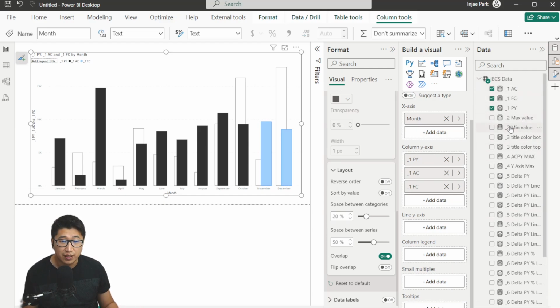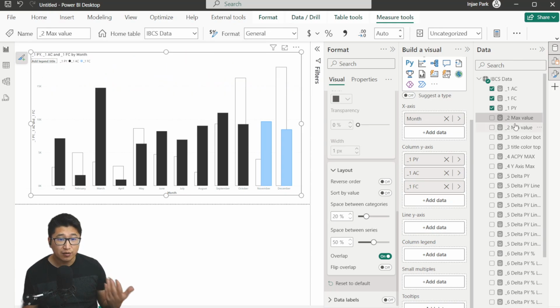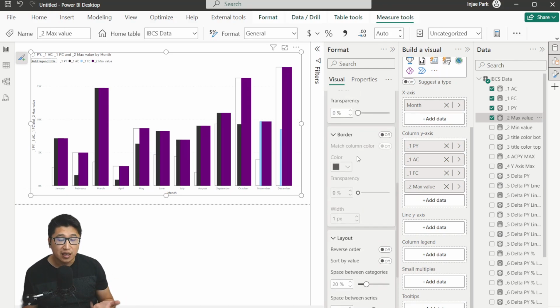What we're actually going to do is put in another column as the max value. The max value is basically just identifying which value represents the highest point for each month. When there is a forecast, it's looking between the forecast and the past year. And when there isn't a forecast, it's looking between the actuals and the past year. Now, the reason we're adding this, even though it kind of blocks everything out, is that we're going to use this to show the labels above the actual